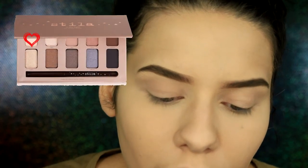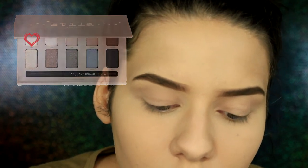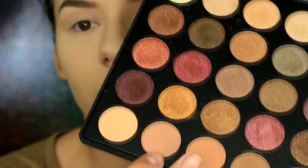Okay, and now I'm going to zoom you guys in and we're going to start the eyeshadow. Now that you're zoomed in, I'm going to go in with Bare from the Stila in the Light palette. That's the first shade. I'm just going to apply that all over my lids, just to set that Painter Lily and give us a nice transition shade. I'm going to go in with this color from the Morphe M35F palette. It is this one right here. And I'm going to put that in my crease area, just like that. And that's going to be a nice